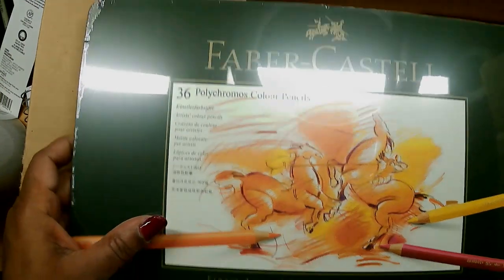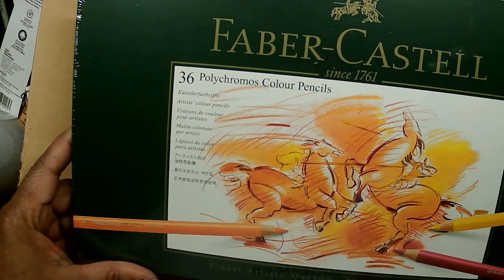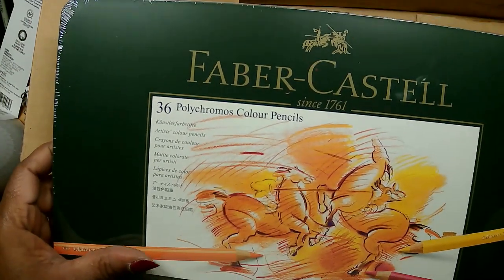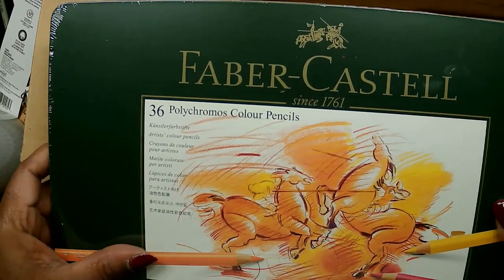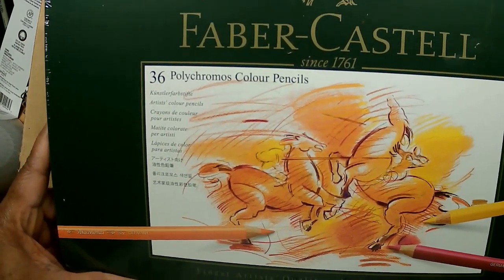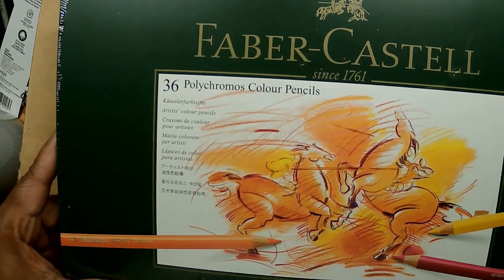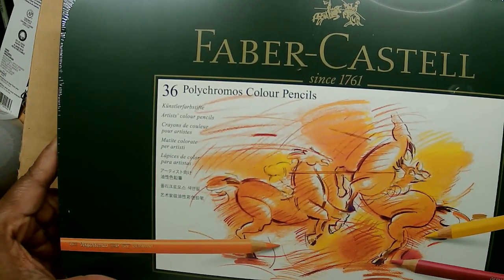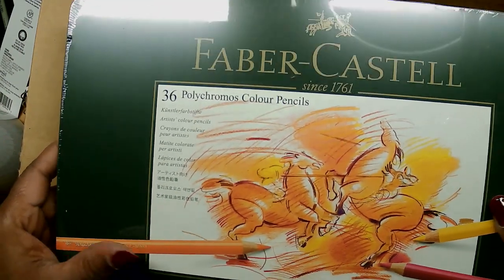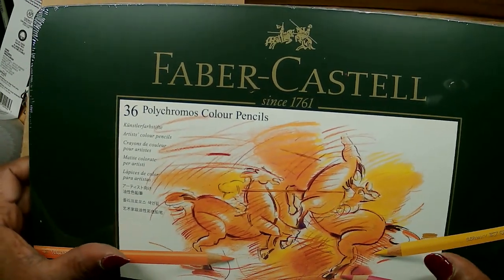But I got the 36 set, and I'm thinking what I'll do, particularly as I get used to what colors I need when I'm drawing the still life, I'll probably just buy the rest open stock. There's no need for me to have 120 pencils of these. Particularly if I'm going to be layering, I need to get the feel of what that's like, to do a still life in layering with pencils,